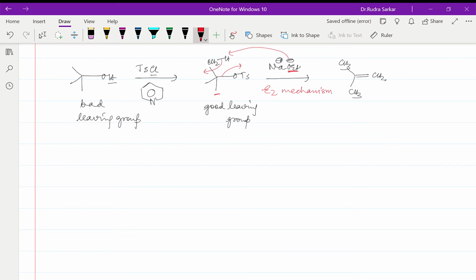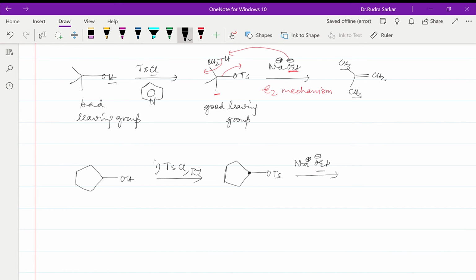So let us do another example in which suppose we have been given this alcohol and we treat it with TsCl in presence of pyridine. Py means pyridine. What is the product we expect to be formed over here? OTs. In respect to this carbon, now if you treat it with a base like sodium ethoxide,